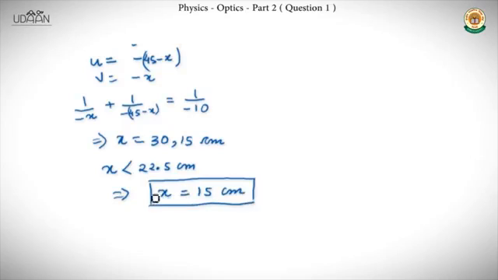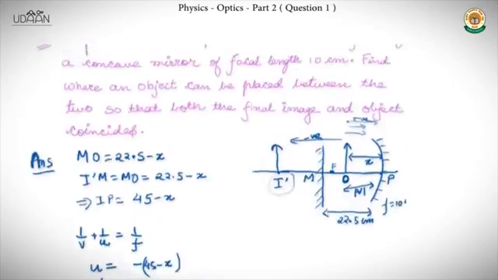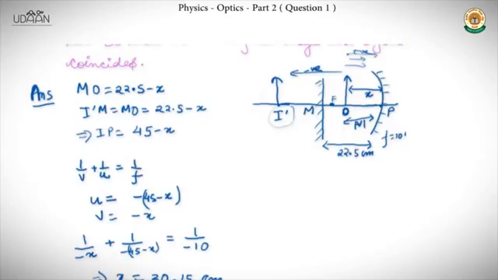So, to summarize this question, first we started by noting the data given, which is the distance between the two mirrors, 22.5 centimeters, and the focal length of the concave mirror, 10 centimeters. Then we do a setup of the given situation. Then we applied the concept of reversibility of light, that is the light